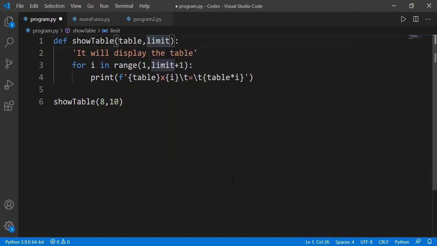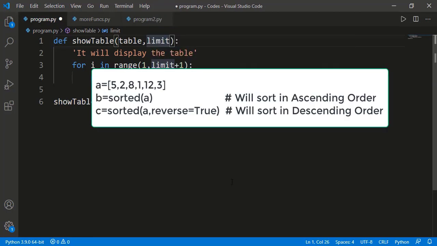So if we don't provide that, it will be a space, and otherwise it will be the value we specify on our own. Similarly, when we sort a list using the sorted function, it is sorted in ascending order. But if we want to sort the list in reverse order, we have to set another argument reverse equal to True, and the list will be sorted in reverse order. So again it means the input argument reverse is an optional input argument having the default value as False, and when not provided it will sort the list in ascending order. But when we provide that as True, it will sort the list in reverse order.